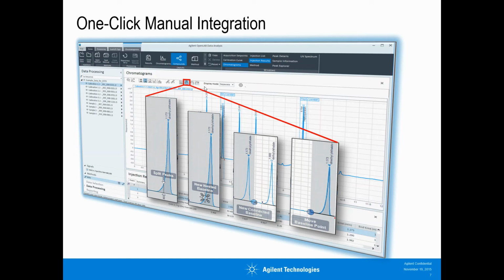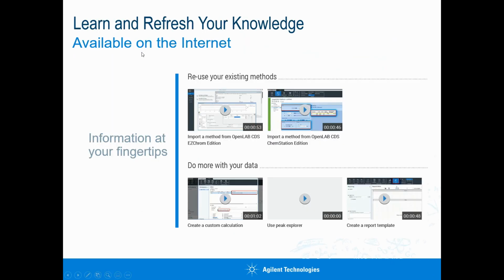You can see there is a tool available which identifies the type of peaks and what kind of integration event you should be using, whether you need to split the peak here, or you need a new baseline, a corrected baseline, or to move the baseline. All these smart tools are part of the software. There is also built-in information, and it's also available on the internet, part of the software.